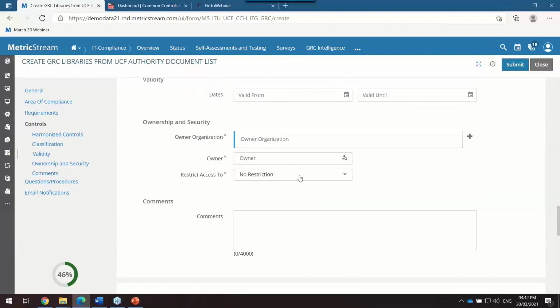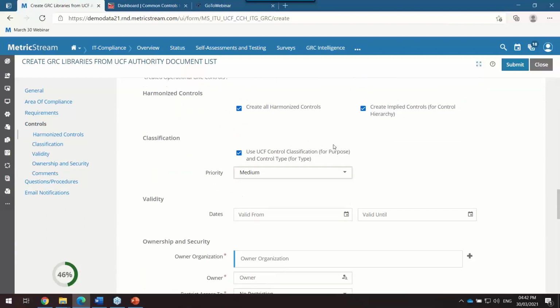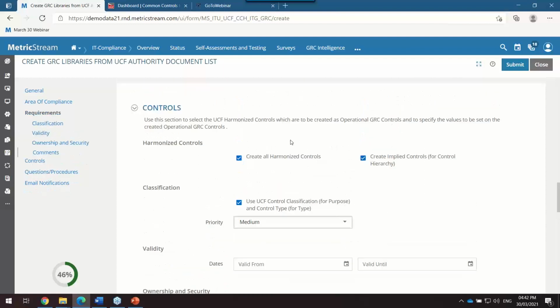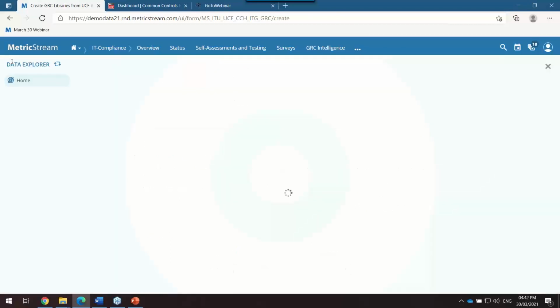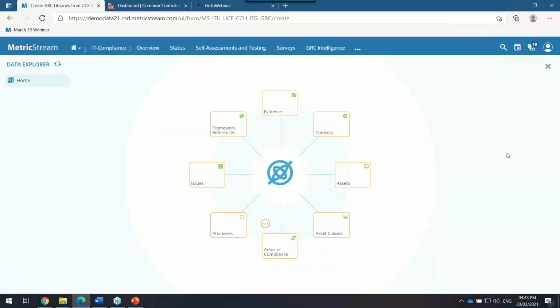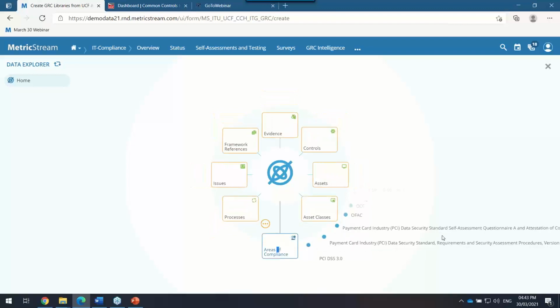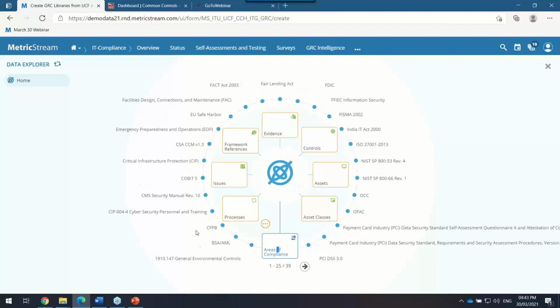And again, it takes no time to pull in all the information from the integration that's already in-house under the hood to bring in all the content. And once they are in, you get a clear visualization in MetricStream to really go look at the content, right? So what you see here is a data explorer, right? Let me just open the areas of compliance that I have here in the system. As I said, I do have many of them showing up, but I did import ISO 27001 2013 and the payment card industry.